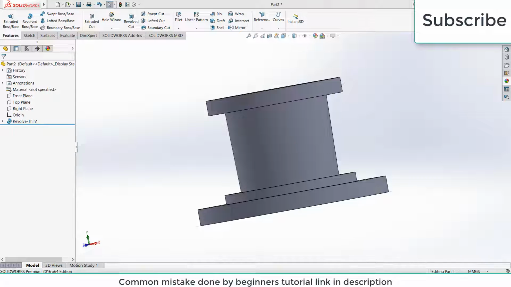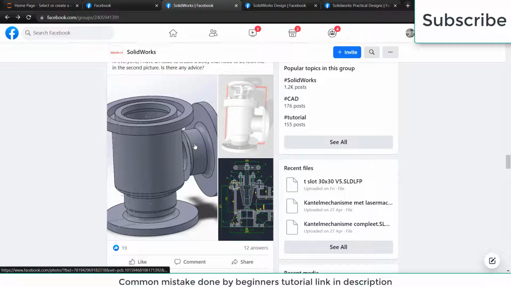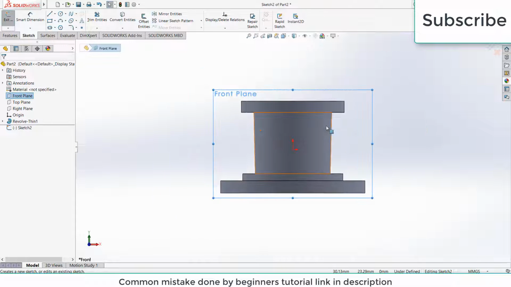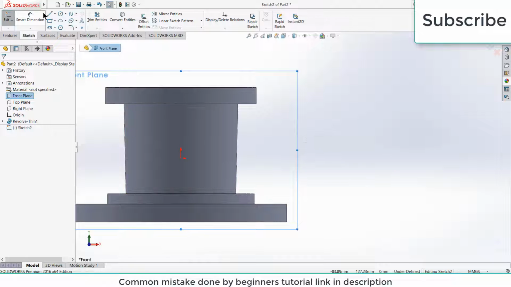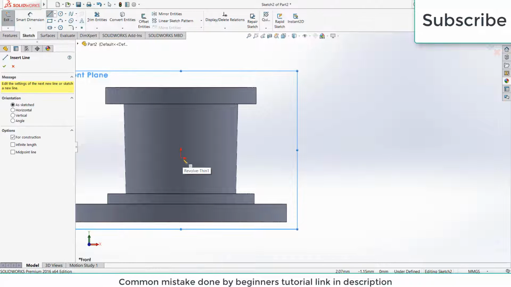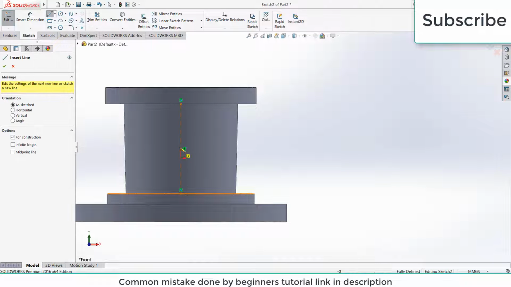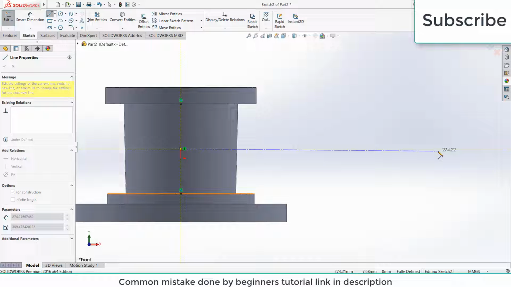Now here comes the difficult part. How to make this one? When I was a beginner, you can see what I have done. This is how I approached this problem. I drew a center line. Wait a minute. I first created a center line like this,